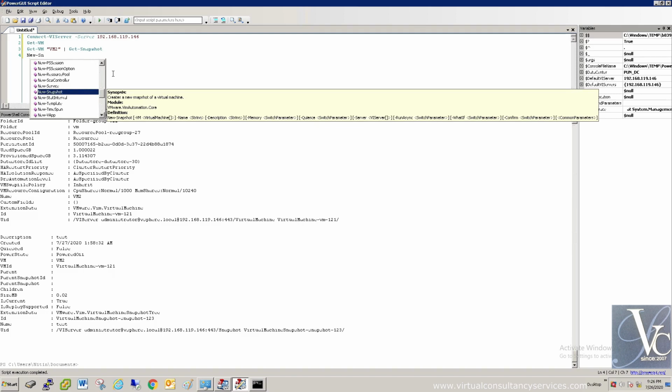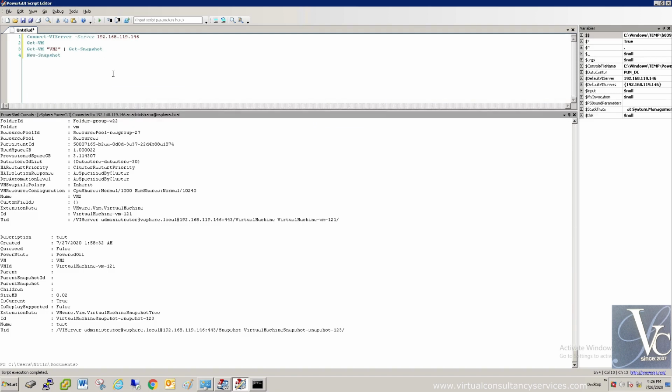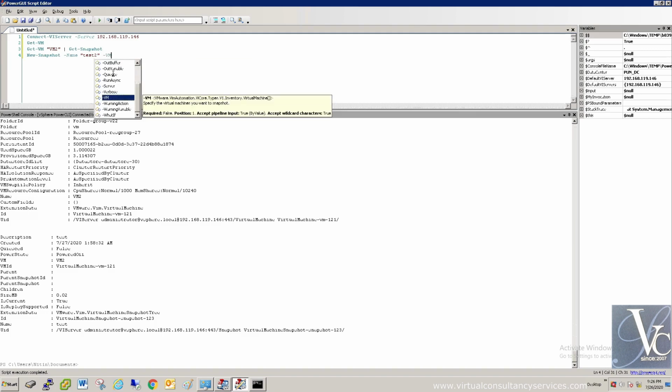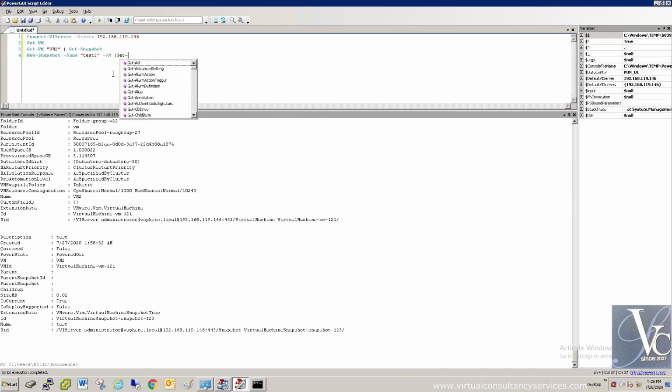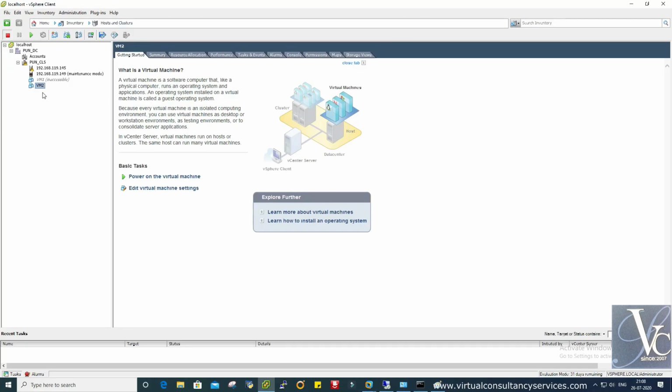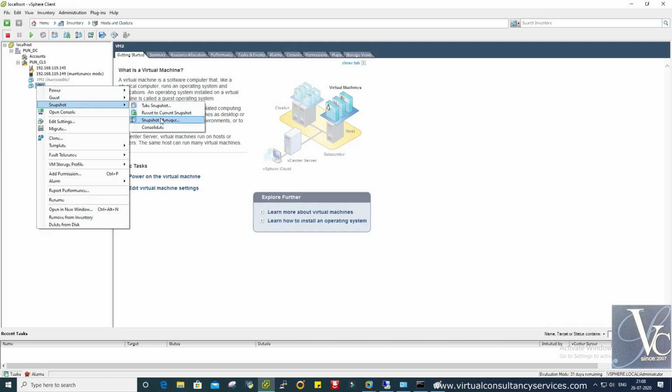Another snapshot we can create on this VM, with New-Snapshot -Name, suppose test2, then -VM and the VM name, which is Get-VM VM2.